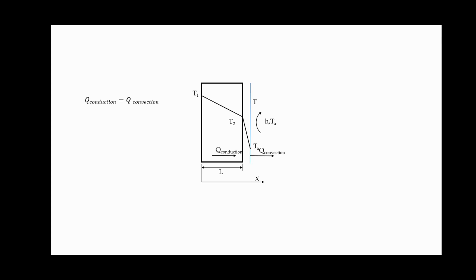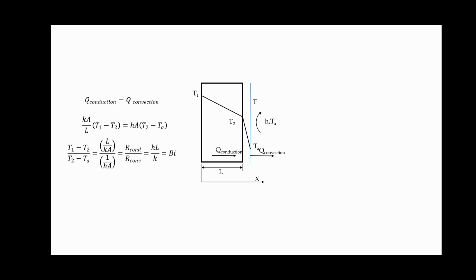Q conduction can be written as kA divided by L into (T1 minus T2), and Q convection can be written as hA into (T2 minus T∞). When we equate these two and rearrange the equation, I can write (T1 minus T2) divided by (T2 minus T∞), that is the temperature drop in the solid to the temperature drop in the convection layer,